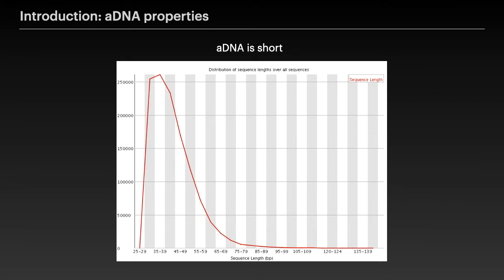So if we plot the DNA fragment length of an ancient sample against their frequency, we usually get this characteristic distribution. So here on the x-axis is the DNA fragment length in terms of base pairs. And on the y-axis we get the number of fragments corresponding to its length. So most fragments are within the 20 to 50 base pair range, and there's a very steep decline if we